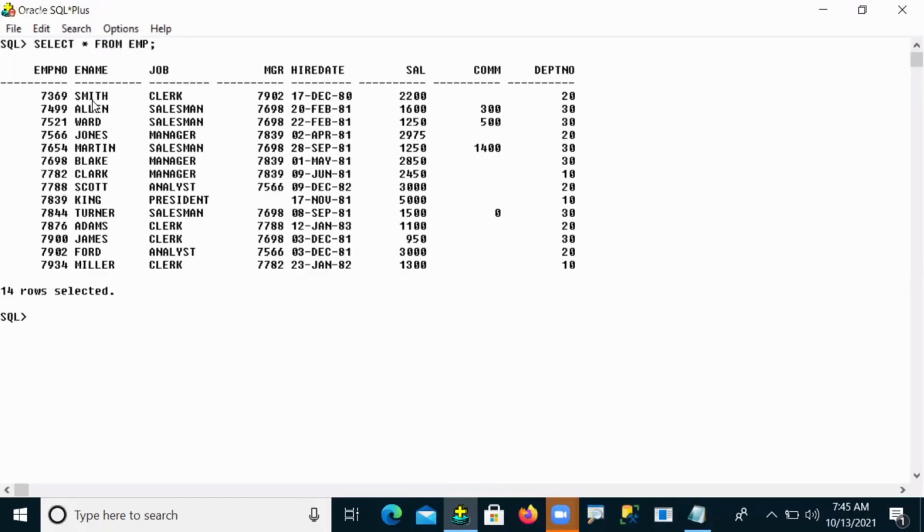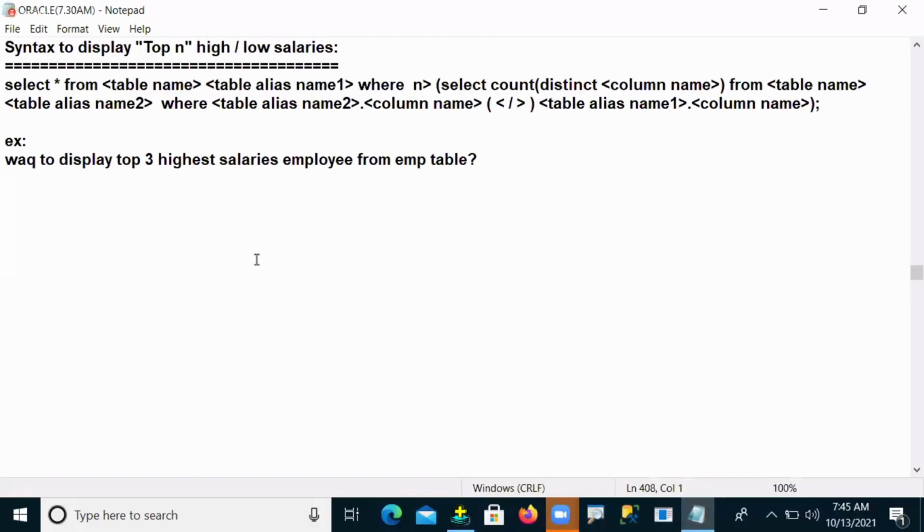This is our table, and I need to find the top highest salaries. Now we are writing the correlated subquery. Select star from EMP E1, and where, here I am asking for the top 3 highest, guys. So I want to find out the top 3. So the solution is simple.